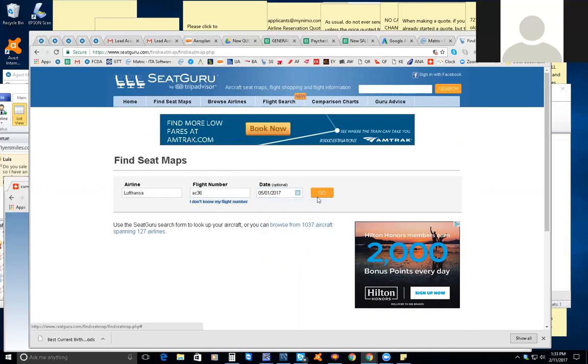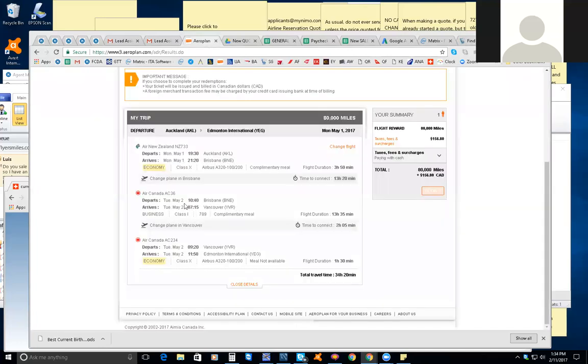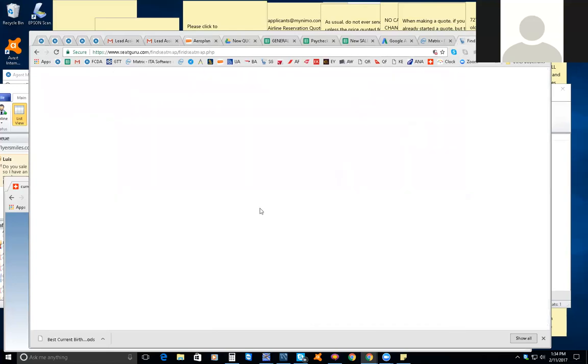Let's go check that that's right. So I'm looking on flight 30, oops, that's May 2nd. Looks like they're going to have to stay overnight in Brisbane on this trip. So actually that flight is May 2nd. Okay, so May 2nd,